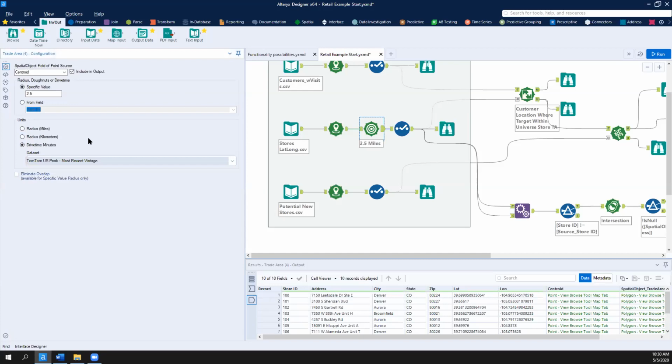A radius as the bird flies can be useful, but in reality, when we're talking about brick and mortar and where people live, we're talking more about how long it actually takes them to get to the store than how far it is as the bird flies between their house and the store. Alteryx provides, as third-party data in their spatial insights package, TomTom